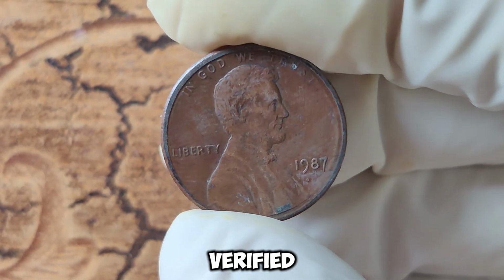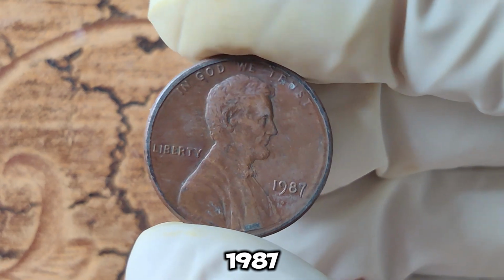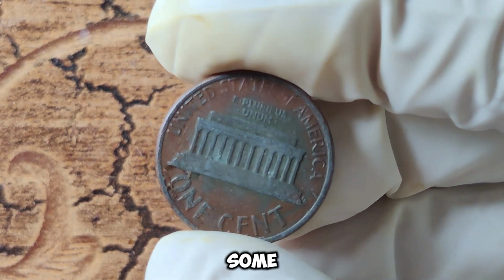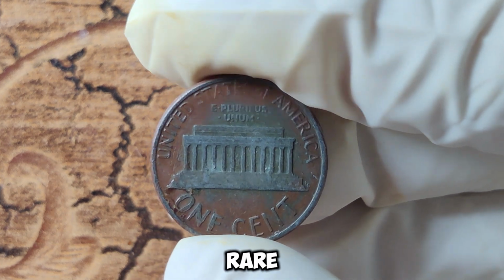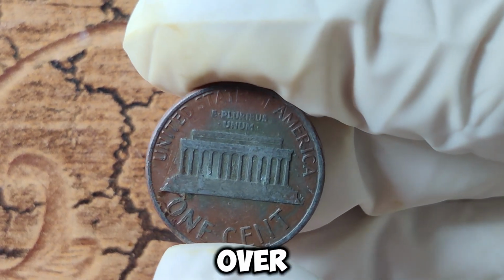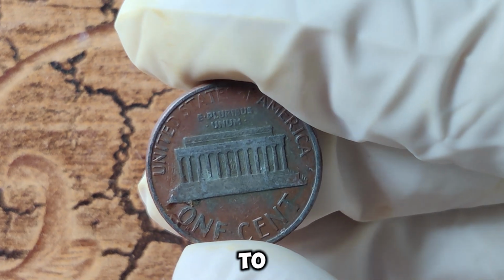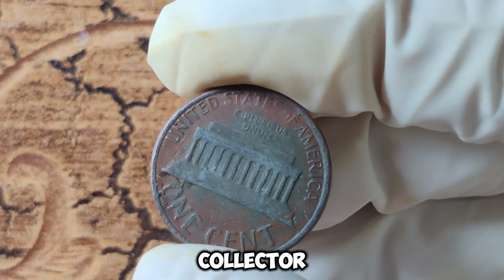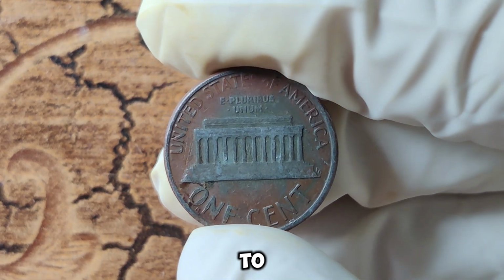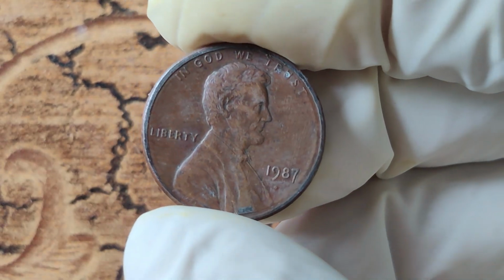Once you have verified the authenticity of your 1987 penny, the next step is to decide what to do with it. Some collectors choose to hold on to these rare coins as investments, hoping that their value will continue to appreciate over time. Others may opt to sell their prized penny to a private collector or at auction to cash in on its high valuation. Whatever you choose to do with your 1987 no Lincoln penny,